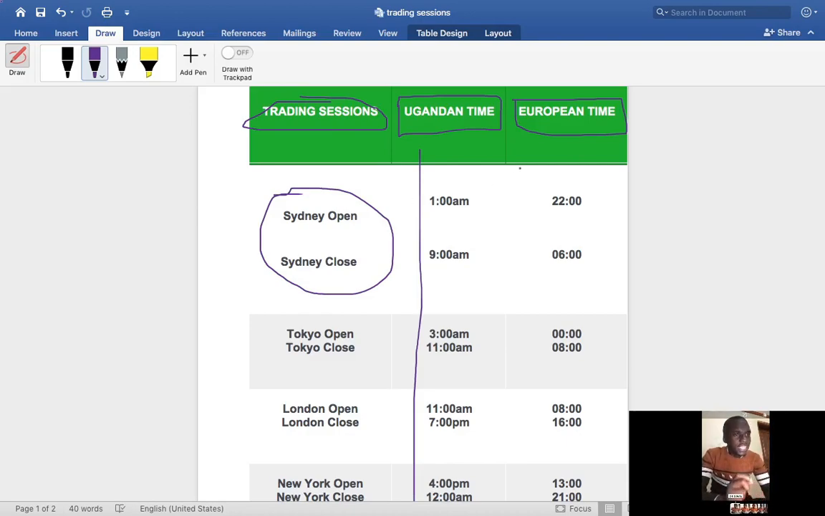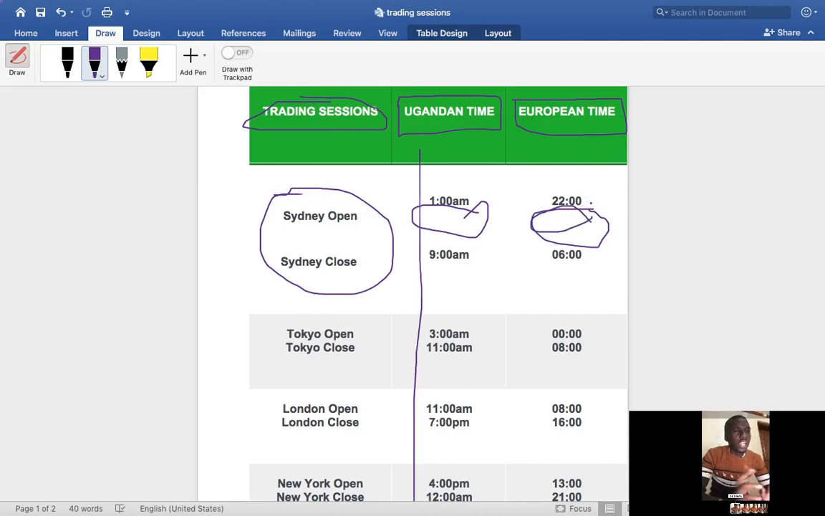So in Sydney, when it comes to Ugandan time, as we are already asleep in Uganda, the Sydney market is already opening. That's when we are already sleeping in Uganda. The Sydney guys are already open and they're already in the market. That is around 1 a.m. at night. Okay, they already opened at this time, which is 1 a.m., which is 22 hours European time. This is where the markets do open